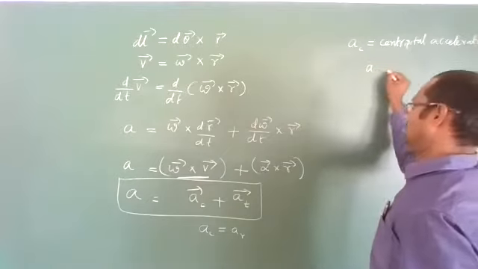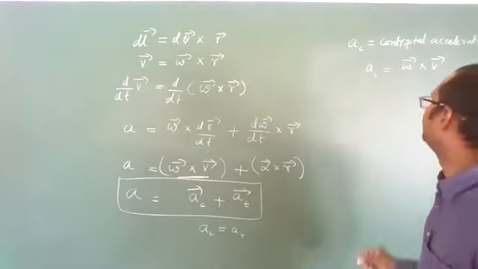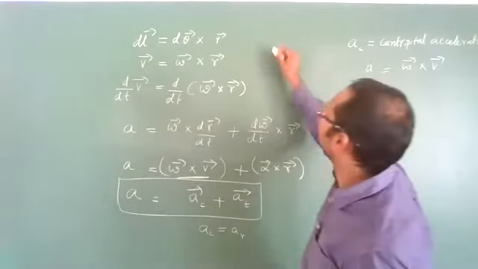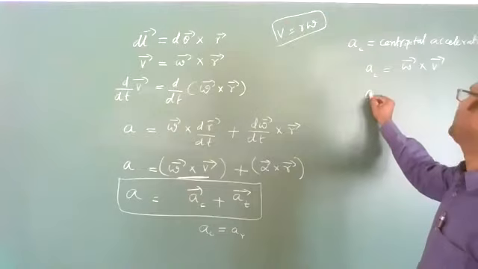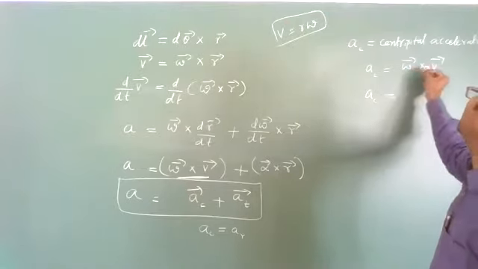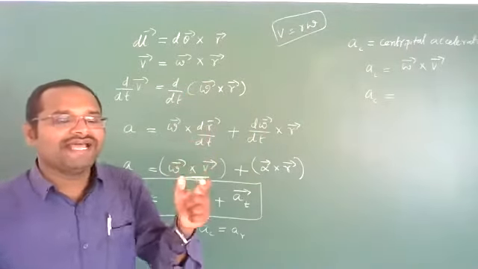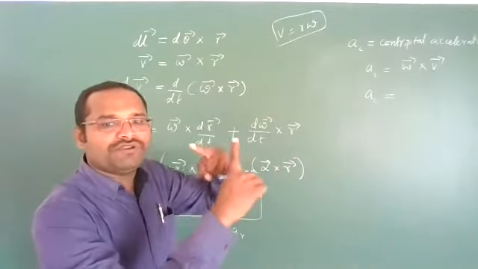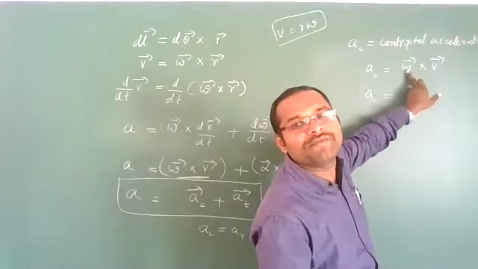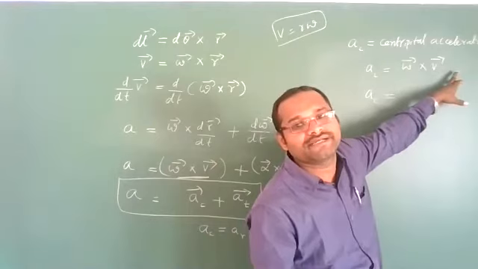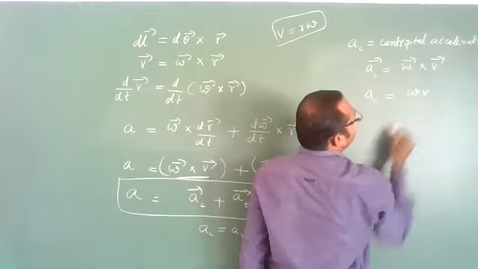And it is nothing but omega bar cross v bar. In the previous class, we learned that V equals R omega. We have derived this, no? So I am writing that AC is equal to omega cross R. What is the angle between omega and R? Omega is along the axial vector, whereas velocity is along the circular path. Both will be 90 degrees like this. Omega V sin theta, which is the cross product. Sin 90 is 1. So simply in scalar format, acceleration can be written as omega into V.